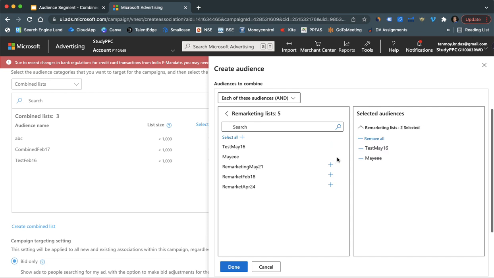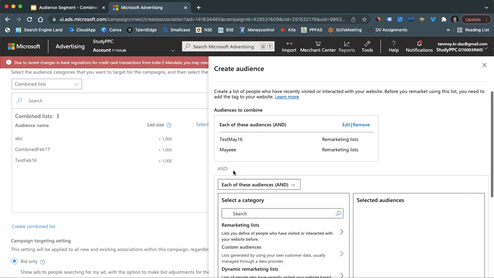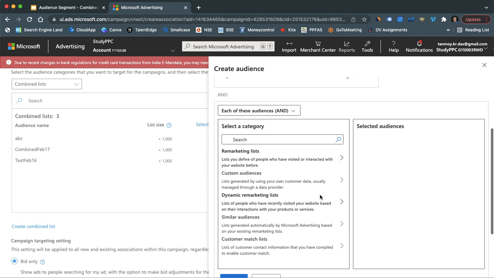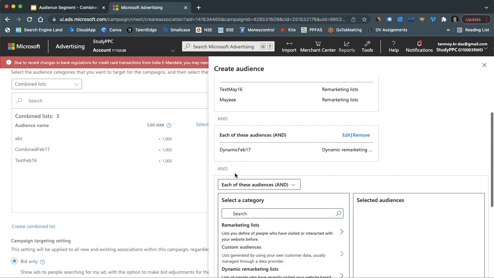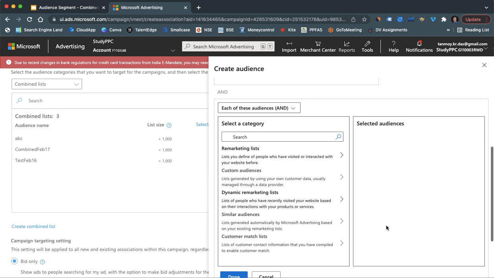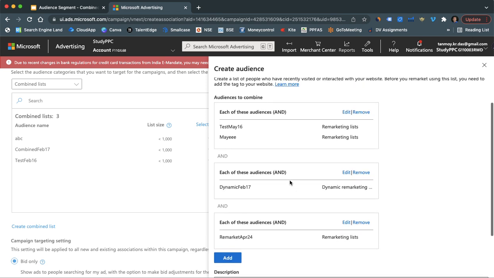So let's say I want to select these two for now as a combination of and with this I want to select another remarketing list, so we can combine it in this specific way. We can choose a dynamic one as well if you want to do a combination in this way, so that can be done as well. And furthermore, you can do a third combination if you want to, which might be relevant to your business. So now you can see we have created a combination of three different audience lists into this one combination list